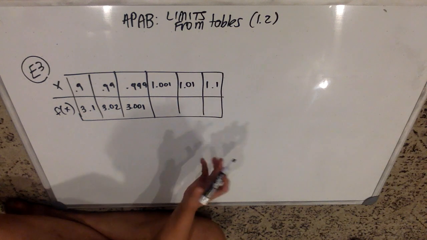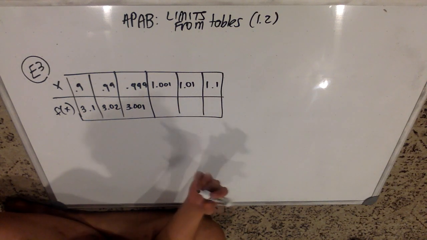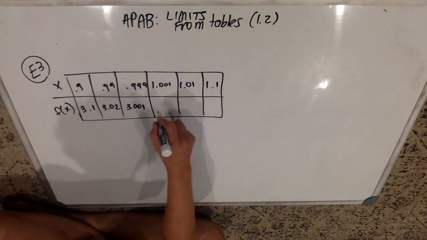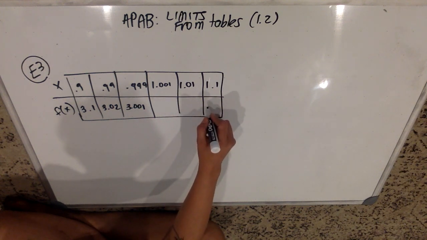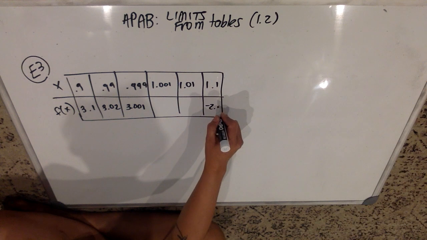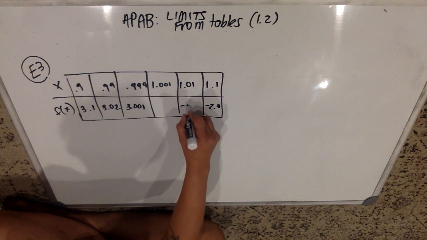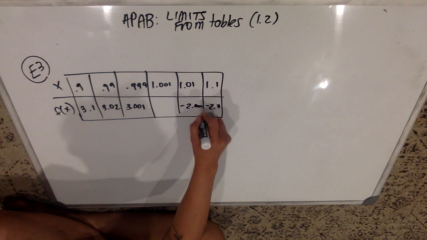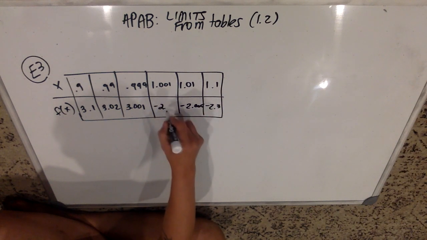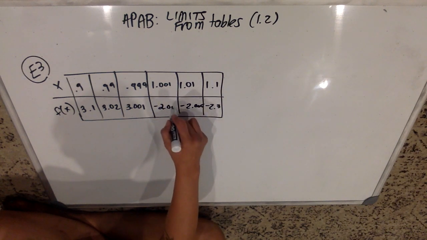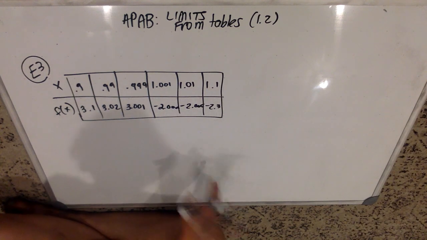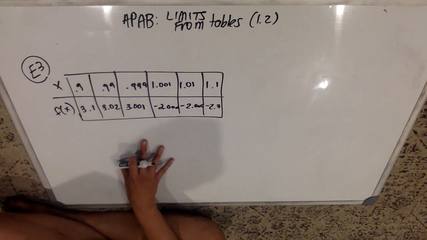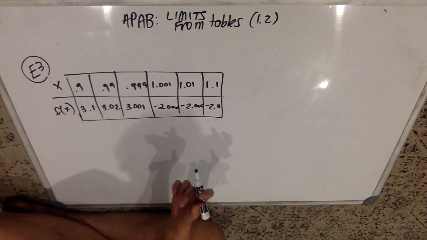Great, okay. And then on this side, let's do negative 2.3, negative 2.005, negative 2.0001. Sure, made up numbers. Great. I think they're more likely to give you a table like this and then ask you to